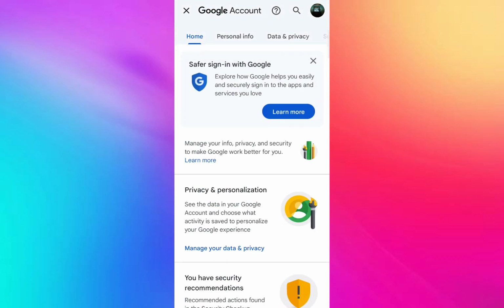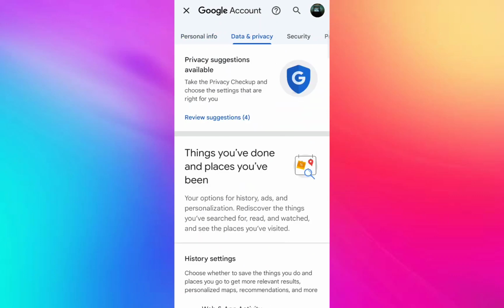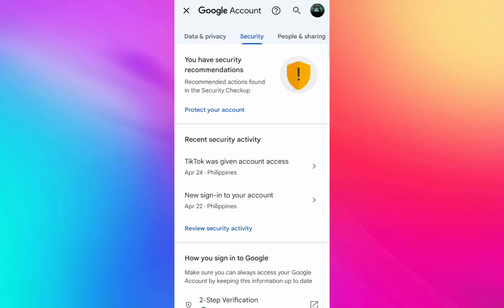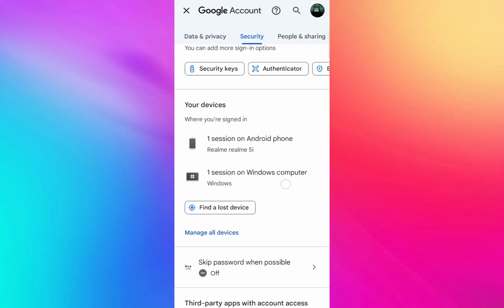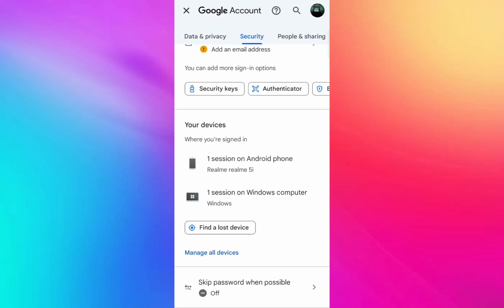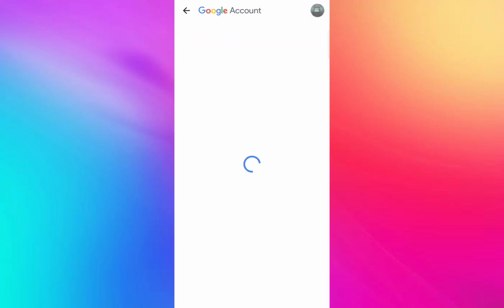And we have a few options here like personal info, data, and privacy, but we are going to go to the security tab. And you can see here the different devices for your Android phone or iPhone and your Windows. Just click on it,